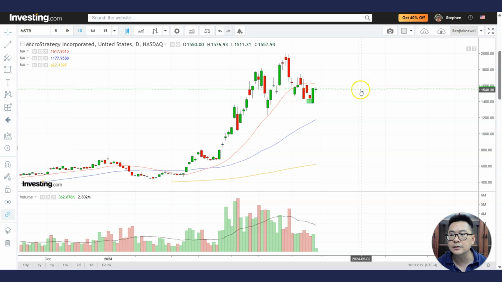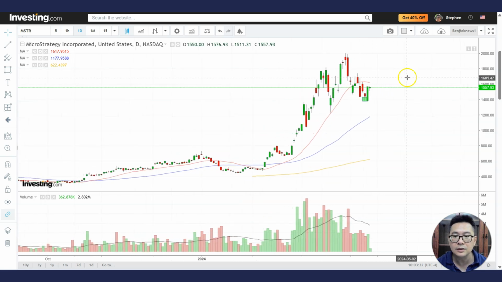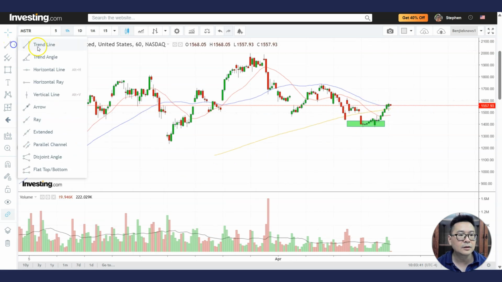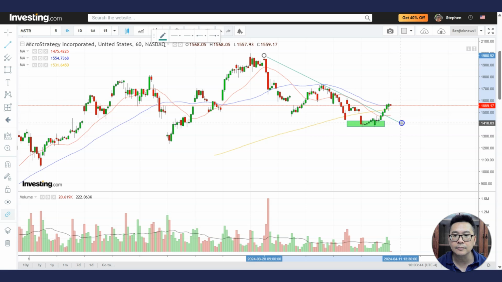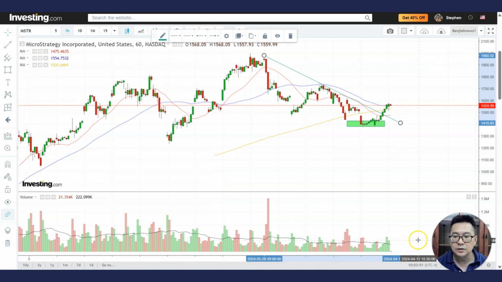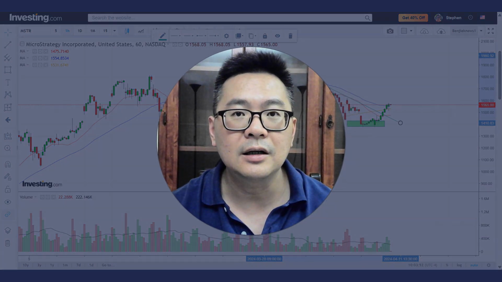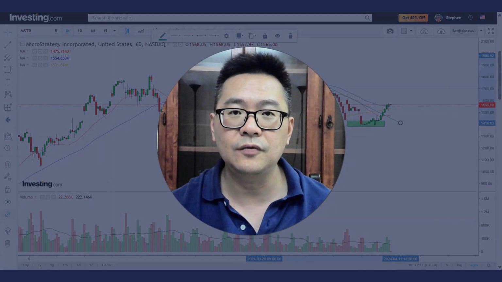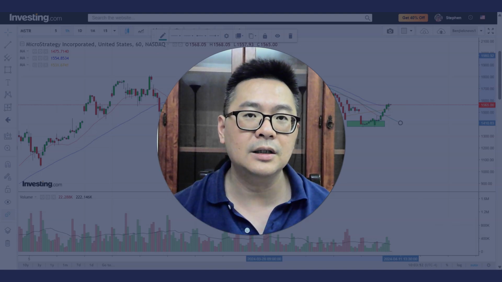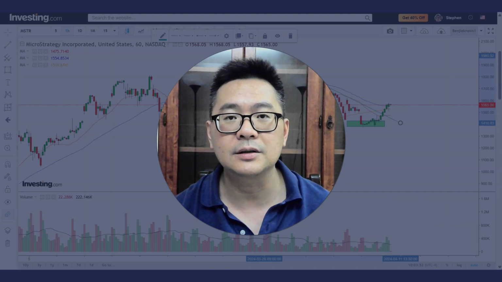But if you're a day trader, then any time is a good time, whether long or short. But looking from a 60-minute chart and daily chart point of view, I would prefer it to stay above this downtrend line and see if we can find a continuation pattern in the 60-minute chart to ride it higher. So I hope that this analysis helps. Seasonality is very important, so keep this at the back of your mind, because seasonality might affect stock prices, especially MSTR,